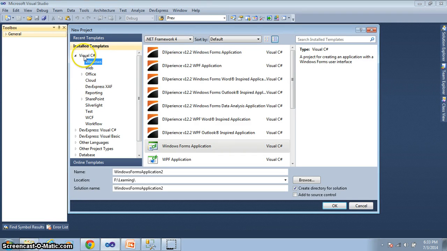Here under Visual C Sharp, Windows, I'm selecting Windows Forms application and naming it first Windows database app. Let me save the application. We have selected Windows Forms application where we'll have two forms altogether.